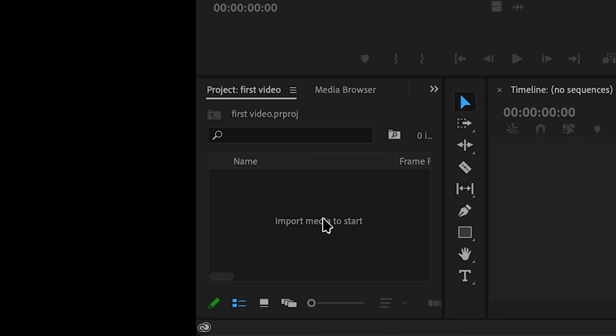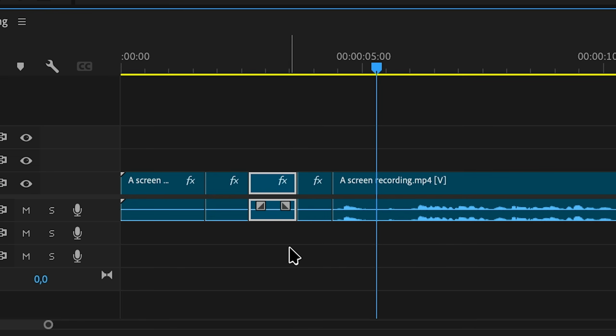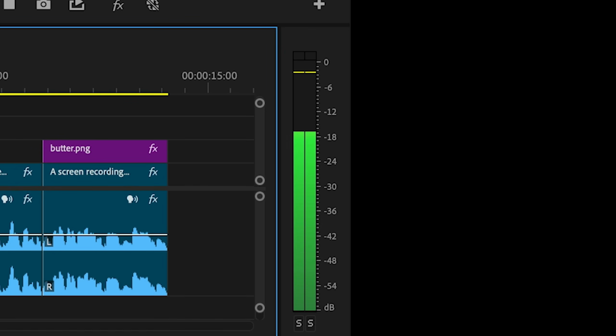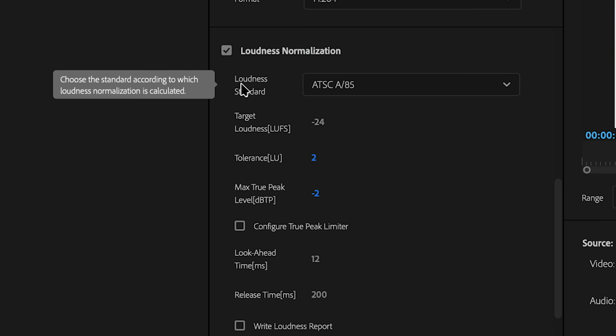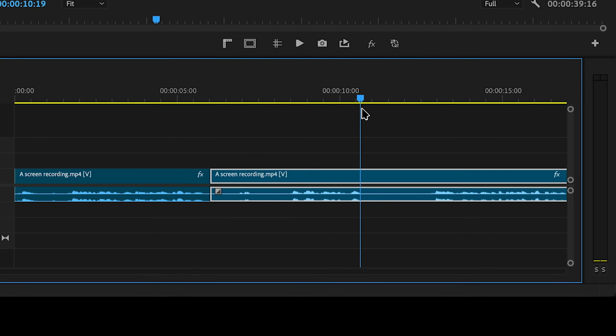By the end, you should be able to import footage, create a sequence, cut up your clips, apply effects, fix your audio, do some animations, and export your video with the best settings for YouTube, and do it all fast